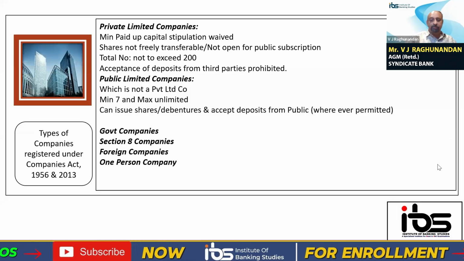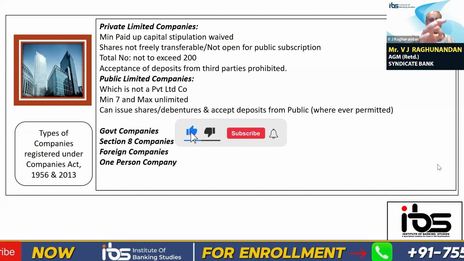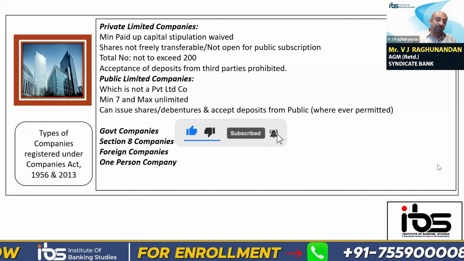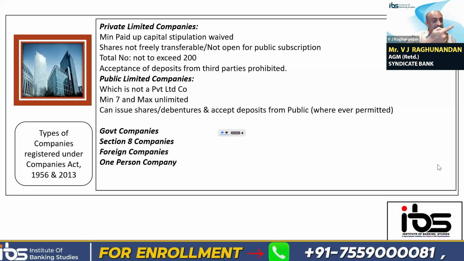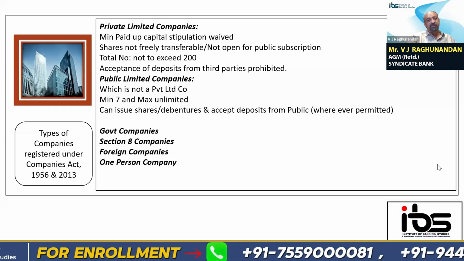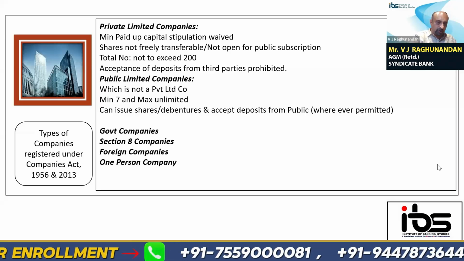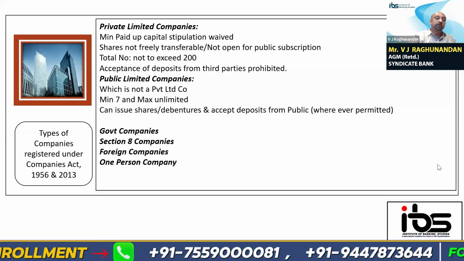Nowadays you can start a one-person company also. A one-person company is one where only one person has started the company. But friends, you have to link it to the features of the company. What are the features? Perpetual existence is a feature, correct? That means even if the shareholder is not there, even if the promoter is not there, the company should continue